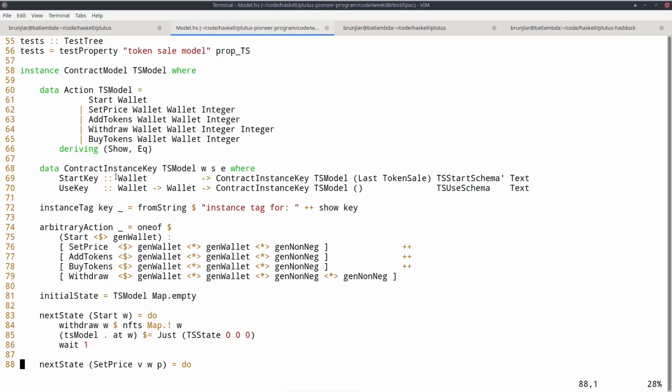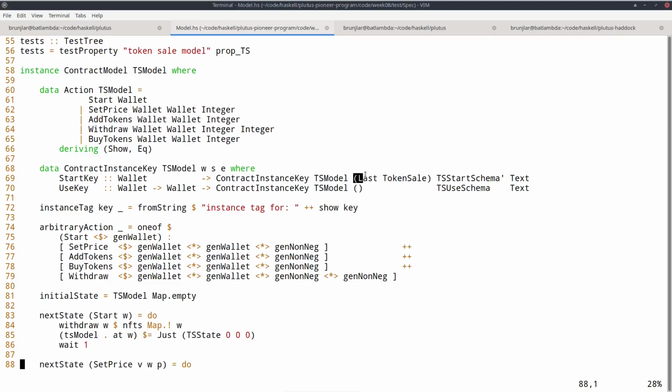So in this case, there are two types of instances. Recall we had the start contract and the use contract, and they had different type signatures. And so I provide one sort of key that I call start key for the first type, for the start contract, and it just basically as an argument has the wallet that does the starting. And here we see, so the type parameters are, the first one is the model we are just defining, and then the ones that come from the contract itself.